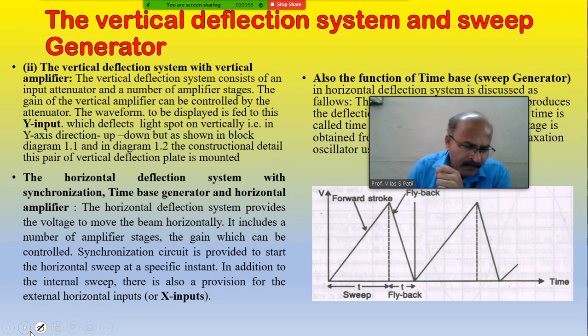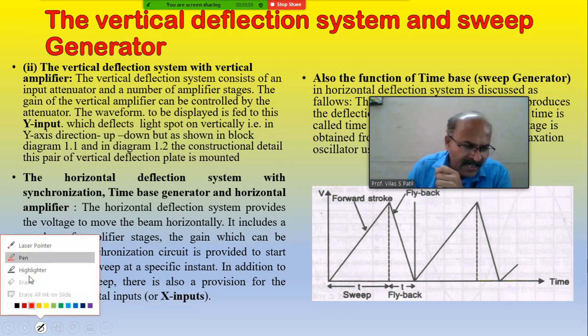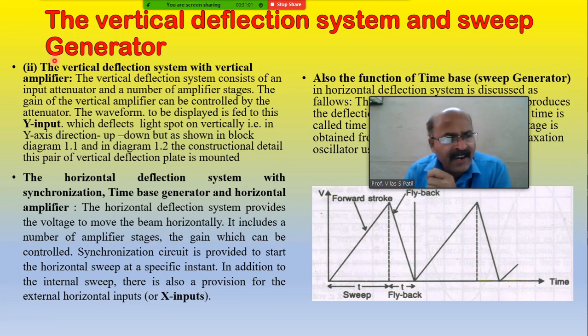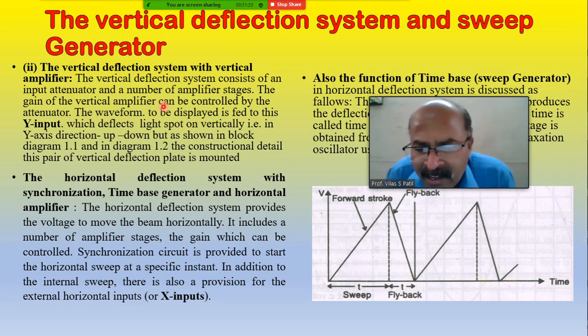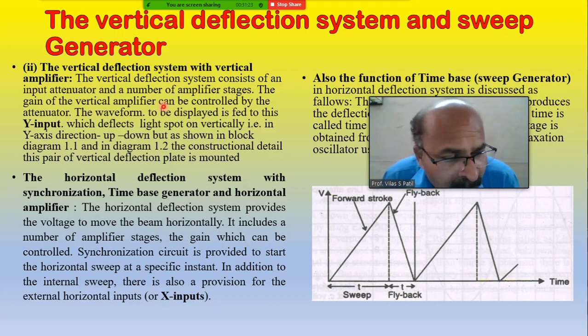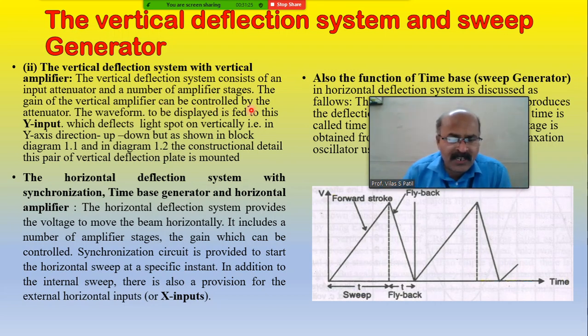Taking the light spot, we see that the vertical deflection system with the vertical amplifier consists of the input attenuator and a number of amplifier stages, and the gain of the vertical amplifier is controlled by the attenuator circuit. The waveform to be displayed is fed to the Y input, and which deflects